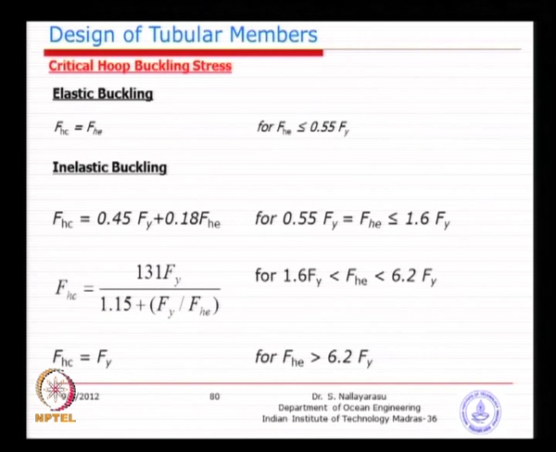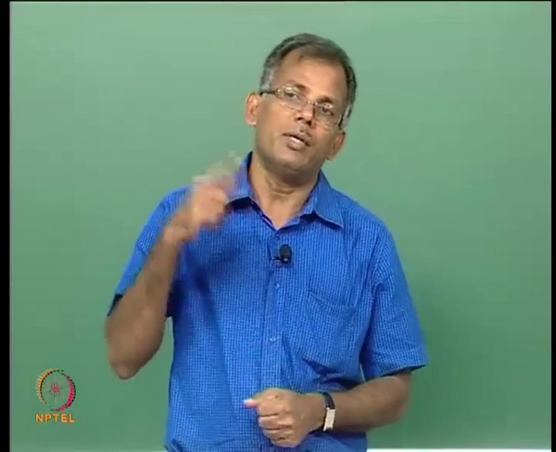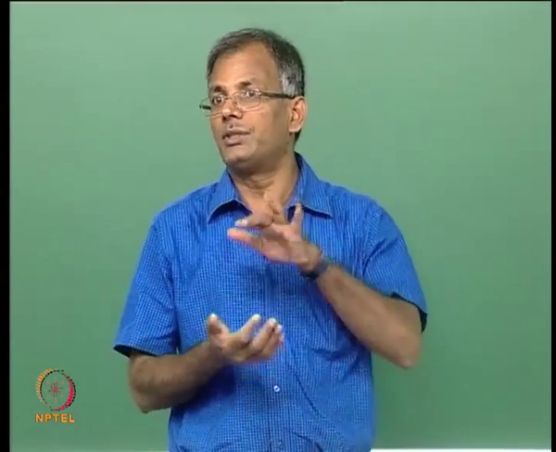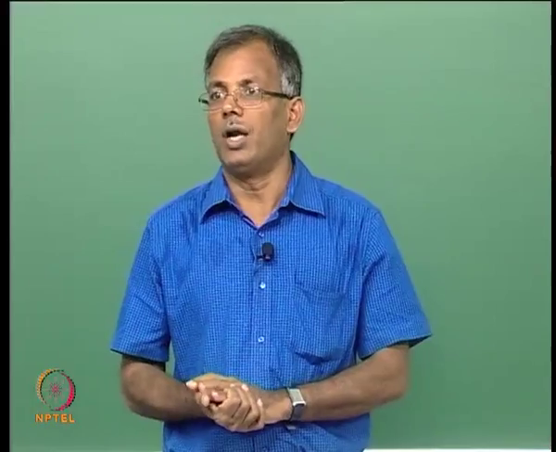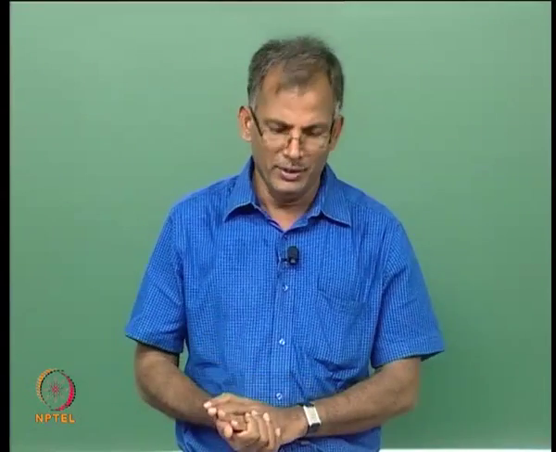The reason is that initially any member against buckling will be very strong. Once you start over-buckling, or the waveform, then it starts to give way very fast. So, you might normally understand that most of the time, in linear bending or tension, the elastoplastic is higher than the elastic, whereas here it is exactly the opposite. In the elastoplastic stage, the allowable stress or the capacity will be lower.